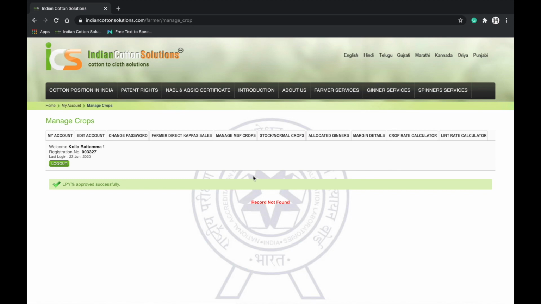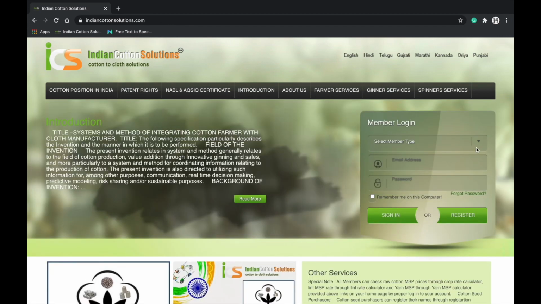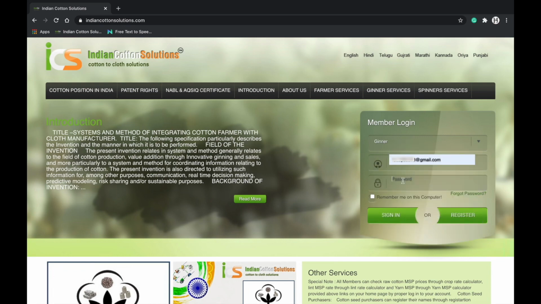Once the LYP percentage is approved by the farmer, the system will generate a crop receipt along with the crop number, and an SMS is sent to the farmer and ginner. From here, the full control and responsibility of the crop is of the ginner and the admin. Now, the ginner may start the ginning process of the crop and has to finish it within 7 days' time. While ginning the crop,